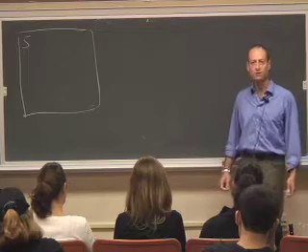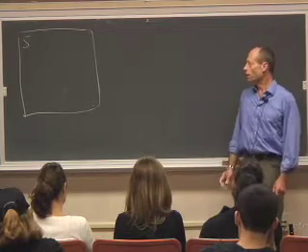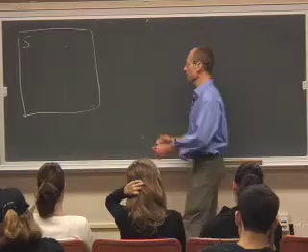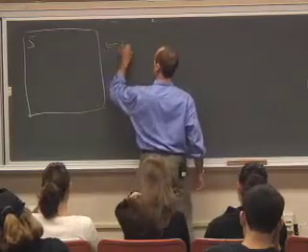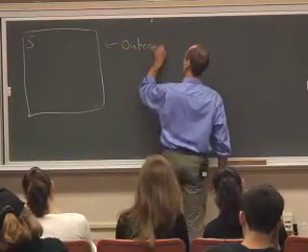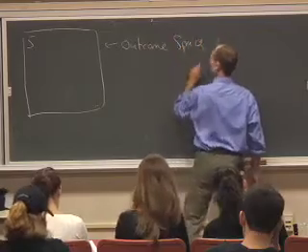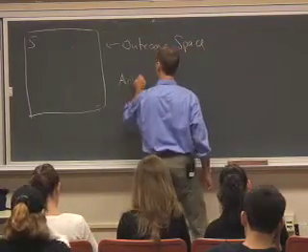It's called outcome space. And what we will call events are subsets of outcome space. So this is outcome space. And an event